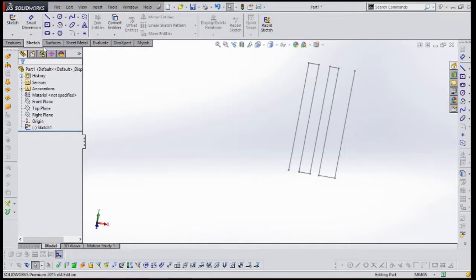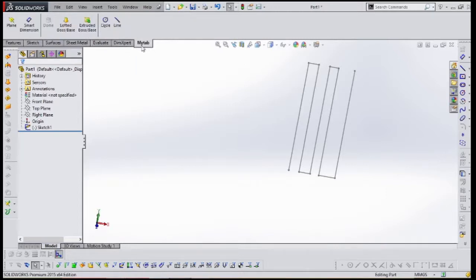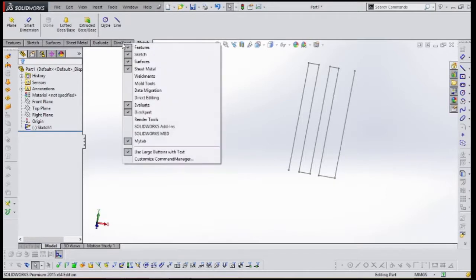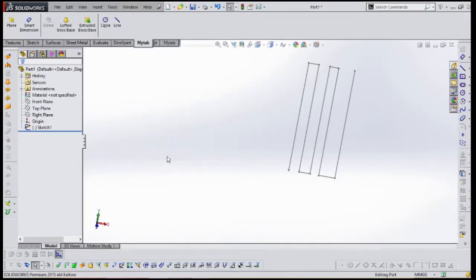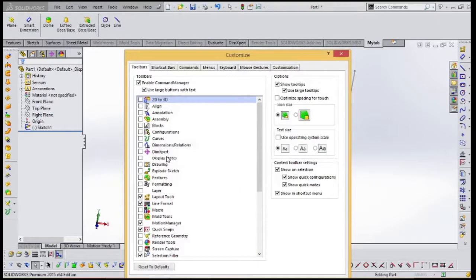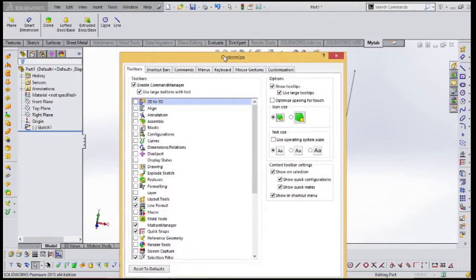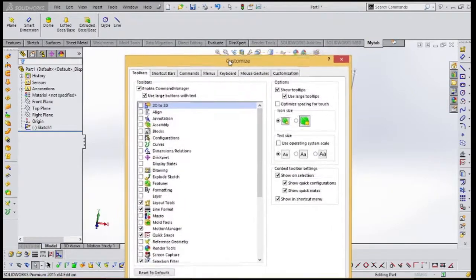have a customized tab. Like if you see here, Sketch, we have all this. These are the default things, but you can also have your own tab. Likewise, I created my tab. Okay, so I will show how to create this tab. First right click on this and go to Customize Command Manager, and after clicking this, you will get this window, but I will show you the window options a little later.